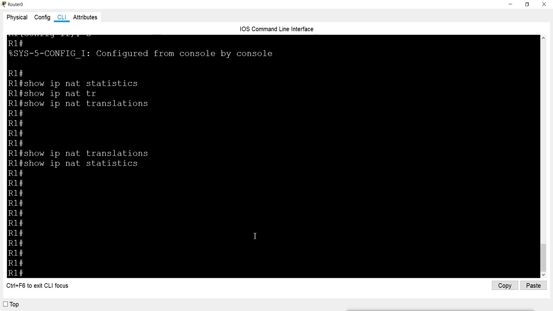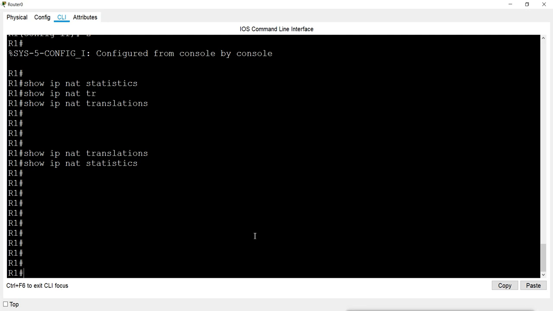First thing, when we use dynamic NAT, we don't have control over which IP should be translated and which IP should not be translated. Because in static, we do the mapping manually, so that control is in our hand. We only map those IPs which we allow. In dynamic, we create a pool of IPs, and from that pool anyone can use any IP which is available.